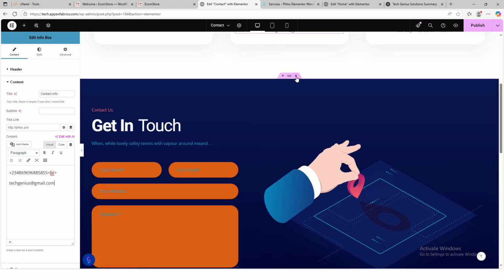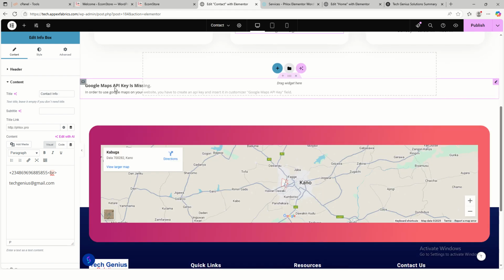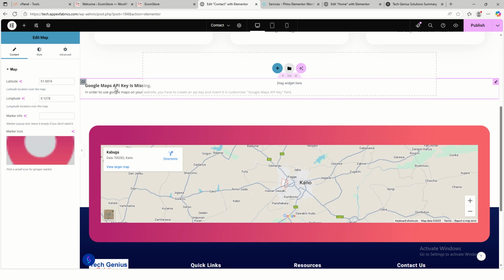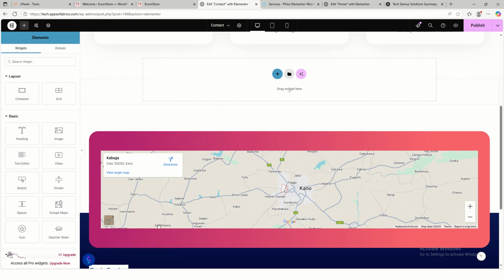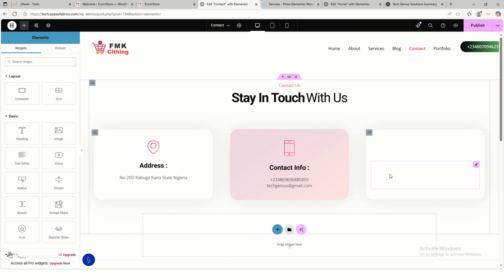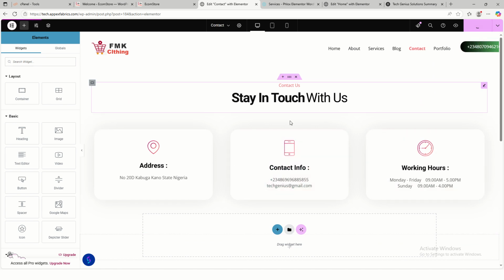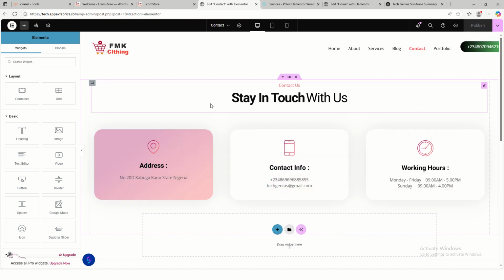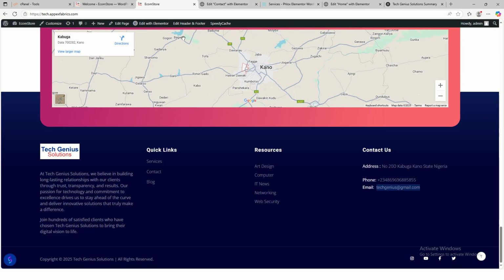So I don't need this. I'm going to delete this section. This is a Google map. I need to delete this. Right click and click on delete. So I think I just need only this stuff here. So I'll click on save. Our contact info is done. So if I refresh this,